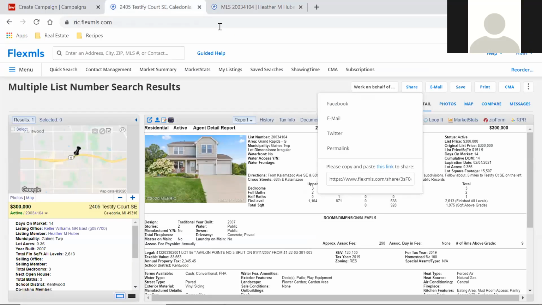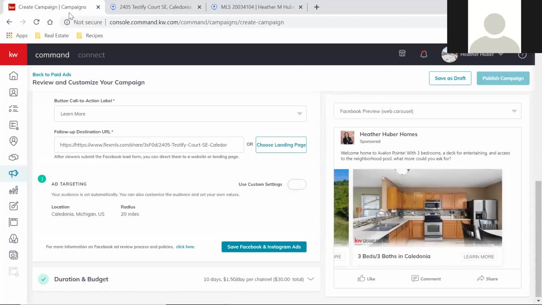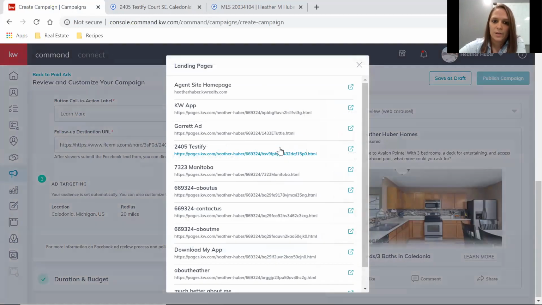And that was a good thing to point out, because the other thing that you can do where they're not going to connect or contact the listing agent at all is this choose landing page. So I have created a landing page using Command down here, this consumer app. And if we have time, I'll get into how to do that. It's pretty straightforward, pretty simple to do. But let me just show you this page that I made